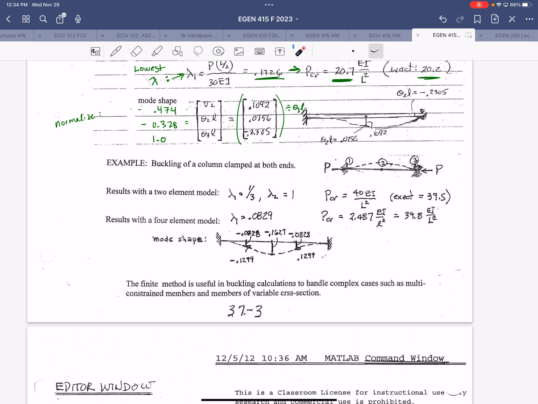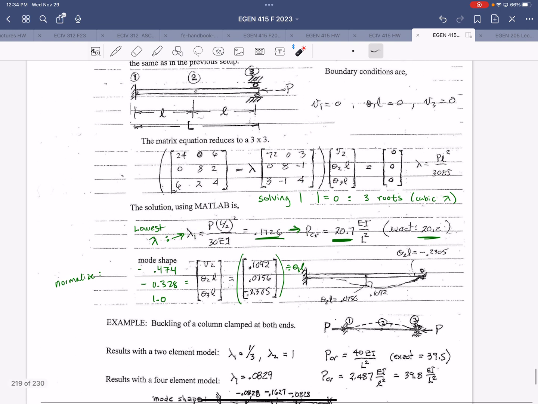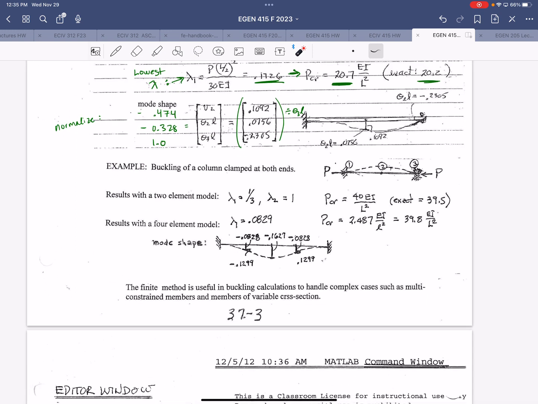So then another example is crammed down at the bottom of this page here. We have a column that is clamped at both ends. So one end resists axial displacement, the other end does not, but both are clamped against rotation, right? So no rotation, no vertical displacement at either end. So this adds one more boundary condition to our problem, and it would eliminate the third column and third row in these matrices. So your first partition would be these 2 by 2 segments. And then you would end up with,